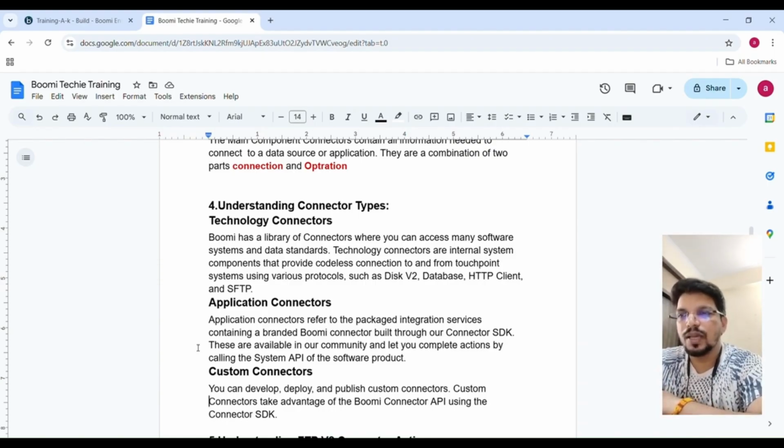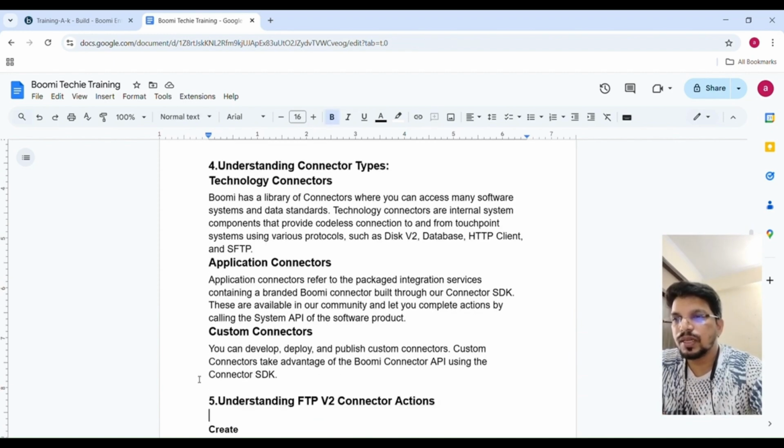एप्लीकेशन कनेक्टर क्या होता है देखते हैं. एप्लीकेशन कनेक्टर रेफर टू पैकेज्ड इंटीग्रेशन सर्विसेज कंटेनिंग अ ब्रांडेड बूमी कनेक्टर built through our connector SDK. These are available in our community and let you complete by calling and system API of the software product. तो कस्टम कनेक्टर क्या होता है इसको समझते हैं. सो कस्टम कनेक्टर, यू कैन डेवलप, डिप्लॉय एंड पब्लिश कस्टम कनेक्टर. Custom connector take advantage of Boomi connector API using the connector SDK. So Boomi provide an option like you can create a custom connector also,